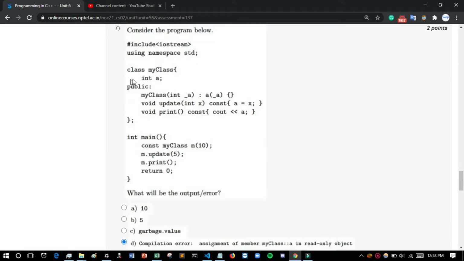And now the next question. After creating it, it is declared as a constant and we pass it 10. After passing it, we try to update it to 5, but because we have already declared it constant, it is 10 and you can't change it. After updating, you also can't change, and whenever you try to run this program, it will say that it is a compilation error.